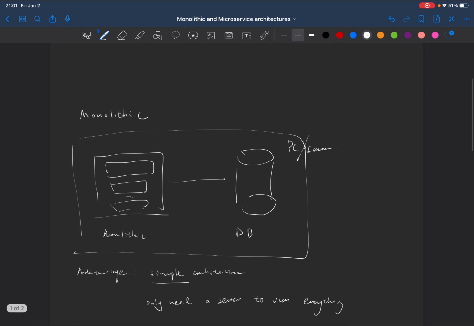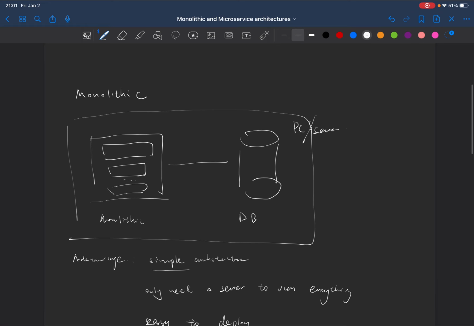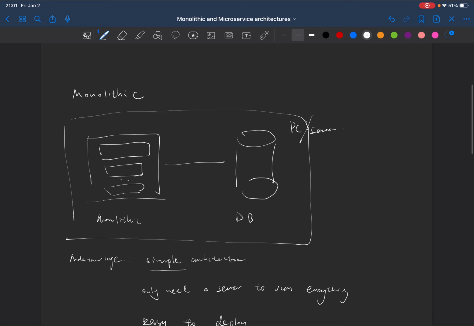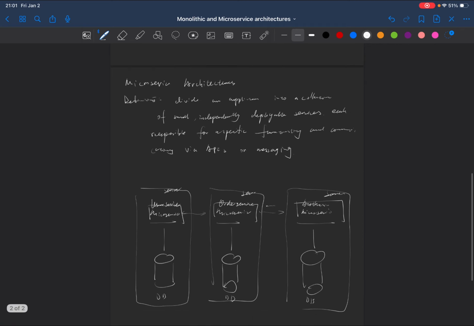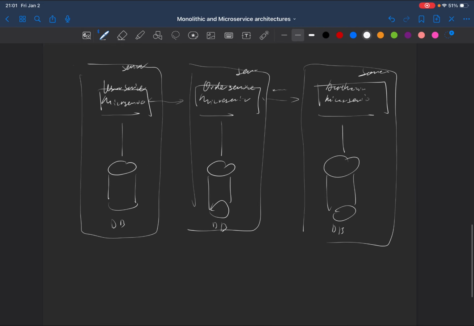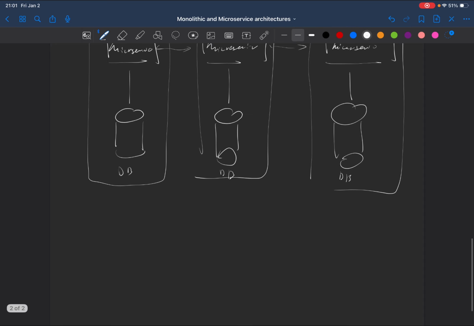And for the monolithic, this will be the user service, the order service, and the authentication service all together. This is the difference between them. Now, for the advantages,